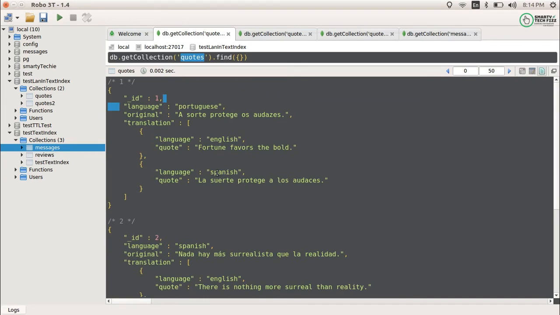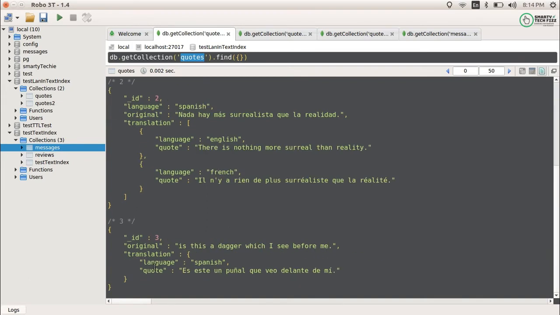Now the first way which I told you, to provide the default language. How is the default language useful? Let's say this is the original key on which I have created an index, but I haven't provided any language keyword for this. So how will it be able to detect whether this is English, Spanish, French or Portuguese, what type of language it is using? One way is, if you don't provide the default language or any language keyword in the document, the text index will automatically take it as an English sentence.